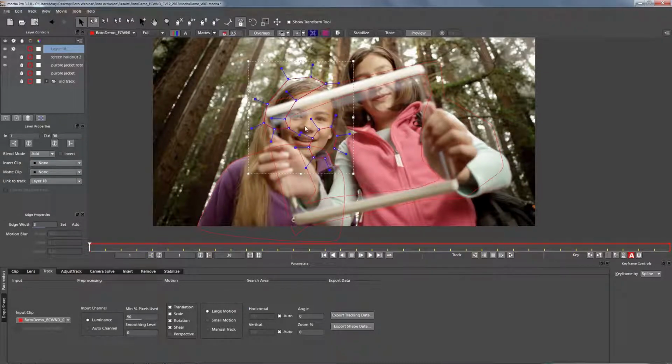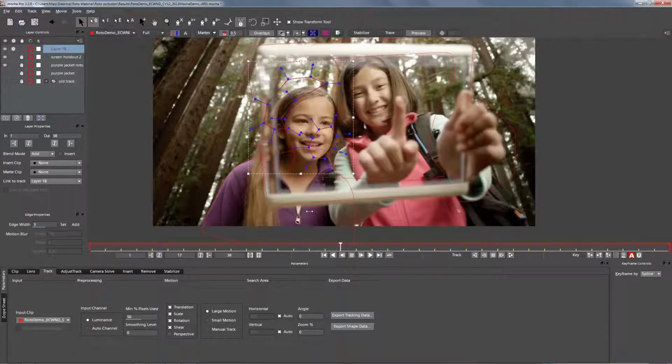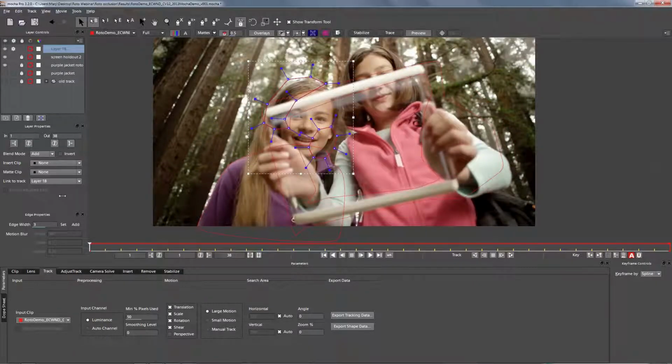Now, the reason that I'm avoiding this section in here is because there are reflections. If you look, we'll just look right quick so that you can see. Do you see how there are reflections that go over her forehead and her face quite a bit? The reason that we want to avoid them is because Mocha will see them and treat it like texture data, even though it's not, because Mocha is essentially a texture tracker, and it tracks large swaths of texture moving the same direction. So we're going to call this girl head